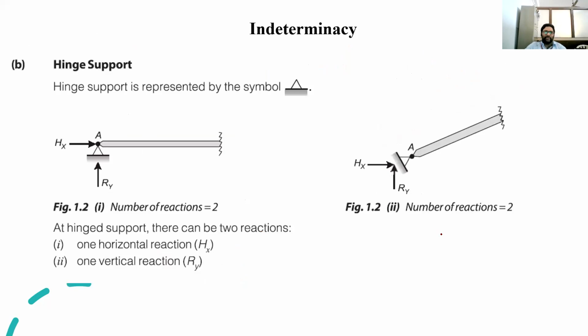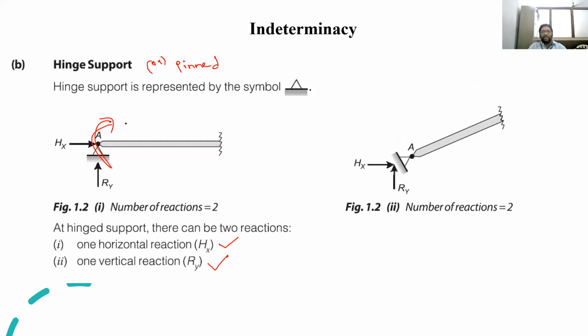You have to remember. Next, you have a pinned support. It is also called hinged or pinned. A pinned support has two reactions. Can it move? Rotation will be there, because rotation is allowed, but you cannot have a movement. You should know why there should not be any movement here. It will have only a horizontal reaction as well as a vertical reaction, because it can rotate to and fro.